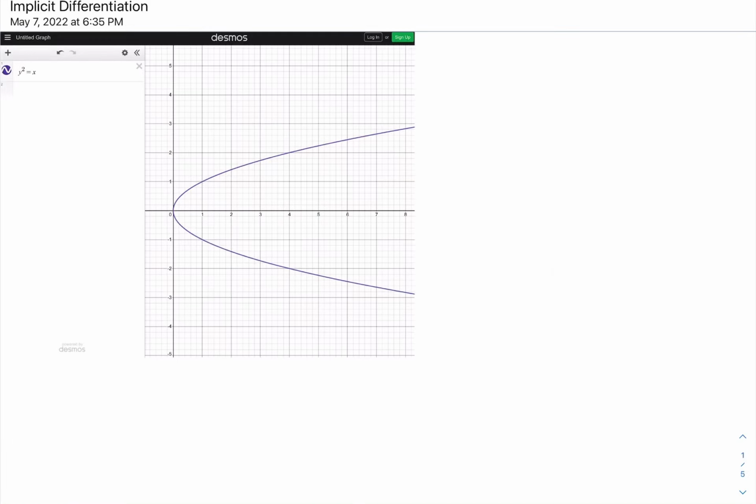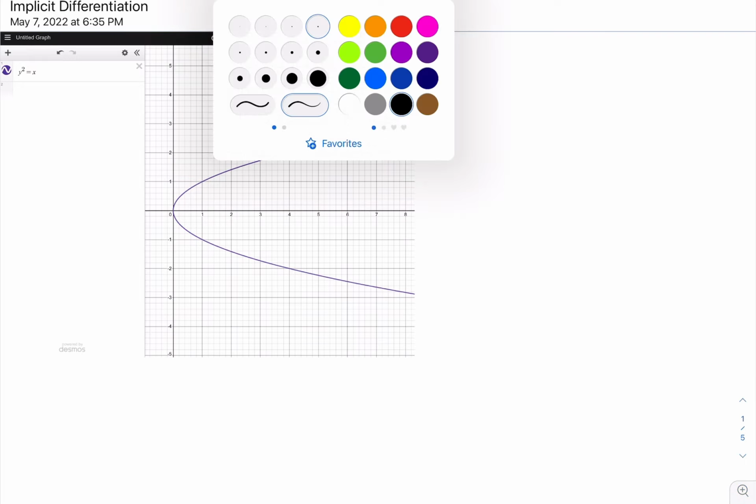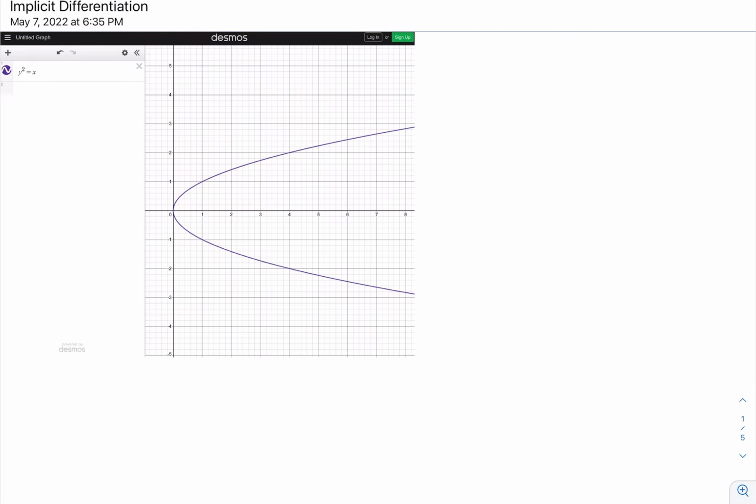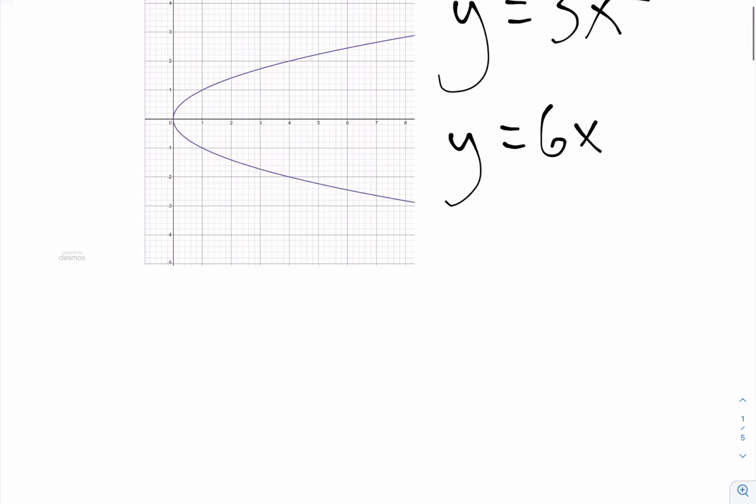So thus far into calculus, we've been differentiating functions where they've already been isolated for y. So it's been relatively easy because we haven't had to isolate for y. It's just been, y equals 3x squared. Differentiate this. Well, we use the power rule. It's going to be 6x. Or